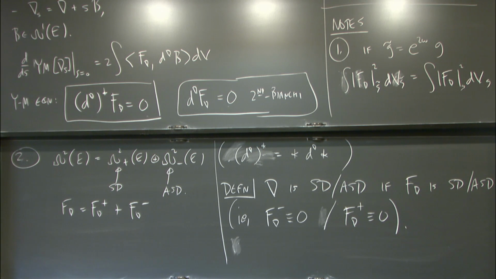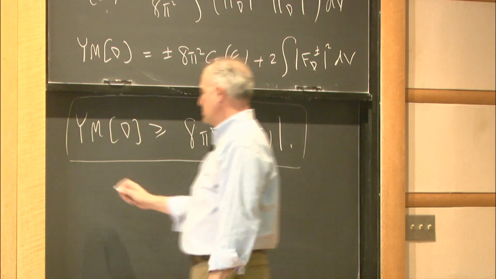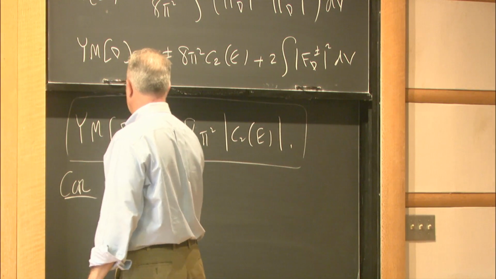Well, if you want to think about it as an SU(2) bundle, that's fine. I don't really care. The point is we get a lower bound of this form. I want to highlight this and hopefully not erase it because I'm going to come back to this later on. So the corollary is that